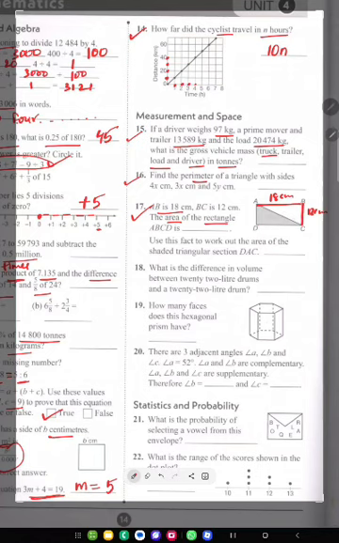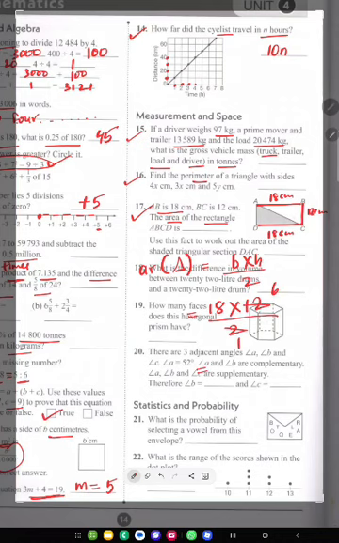That means the base of the triangle, if AB is 18, so is DC. Area of a triangle is calculated as base times height divided by 2. The base is 18, height of the triangle is 12. Divide that by 2. You can simplify 2 and 12. 2 times 1 is 2. 2 times 6 is 12. 18 times 6 is 108. And because the unit was cm, it's square centimeters. So the answer for 17 is 108